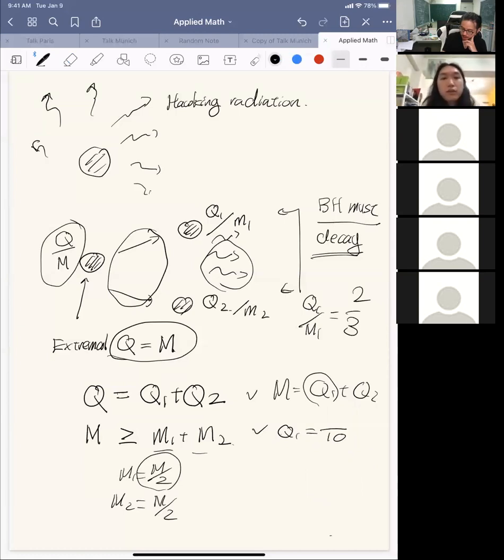So let's say this is 1/10 of the original Q, where the original Q is M. And Q2 is then 10/9 of the original M. But then you see exactly the same thing, right? Then Q1 over M1 is going to be 1/5, which is great, but then Q2 over M2 is going to be 9/5,